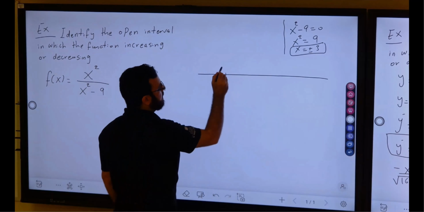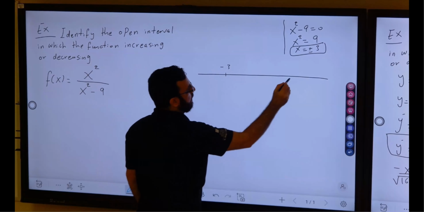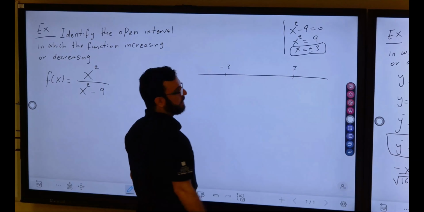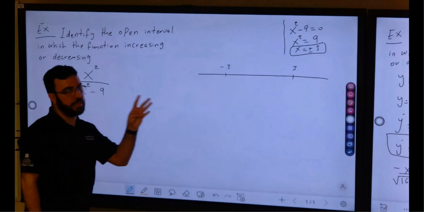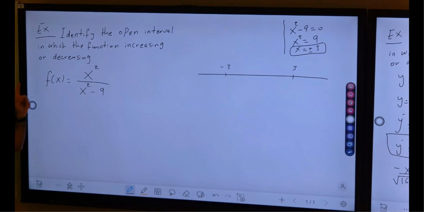I have these asymptotes, -3 and 3, which are also critical numbers. So I already have 2 critical numbers. Now I need to find the third one or the fourth one. Maybe we have 4 critical numbers. So now what I'm going to do,